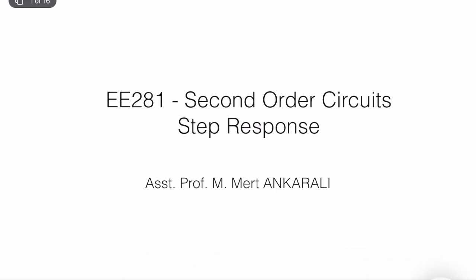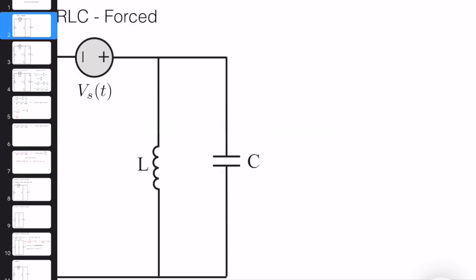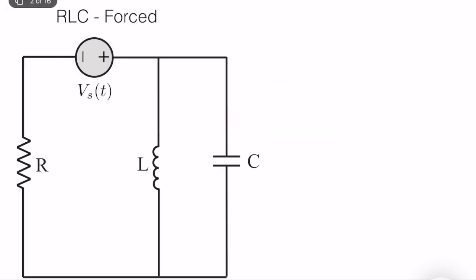Hello everybody. In the previous video lectures, I covered second-order circuits when there is no input source to the system, such as a voltage or current source. Now we'll try to figure out the second-order circuit behavior when there is a step response-like input injecting into the system. Okay, so we have a modified RLC circuit, where we have a voltage source